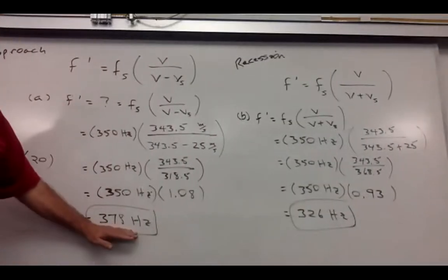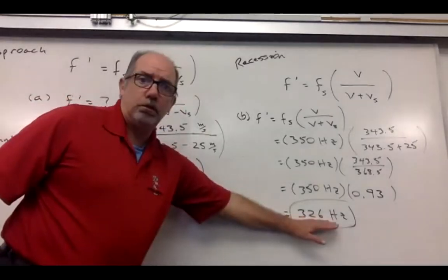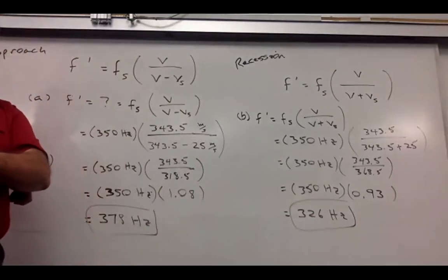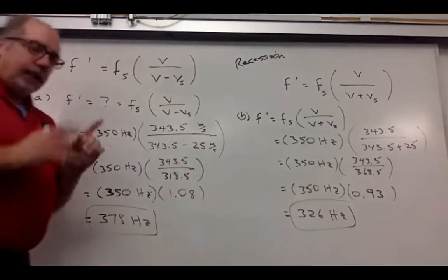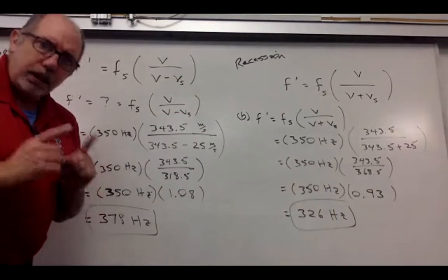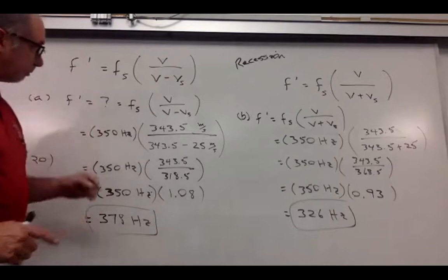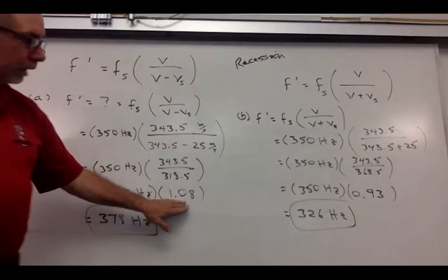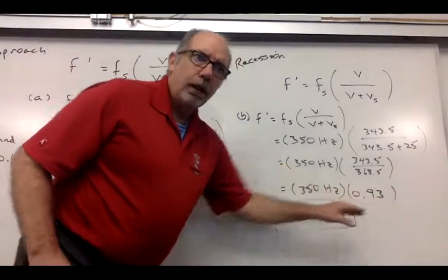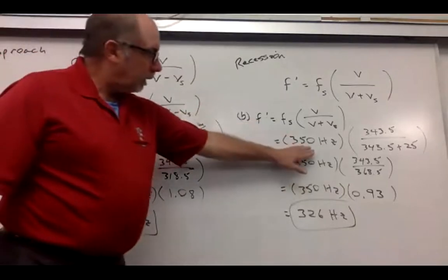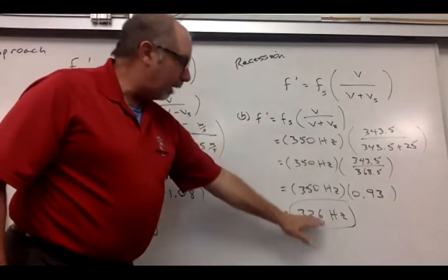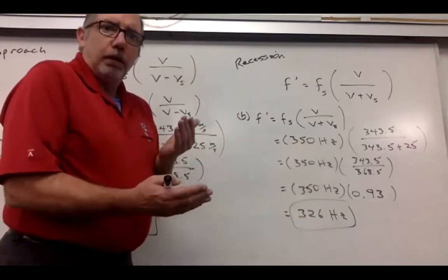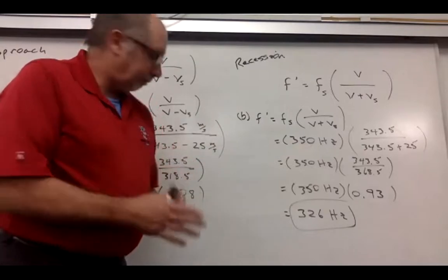So while it's coming towards you, the pitch is high, and then it goes down like that. That's the Doppler effect. Okay. If the train was going faster, this change factor would be larger, either bigger than 1, or smaller, less than 1. And so the difference between the siren, 350 hertz, the real frequency, and the apparent frequency would be larger. So it is speed dependent, all right?